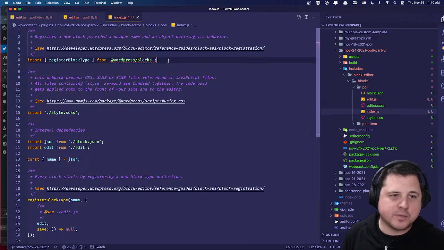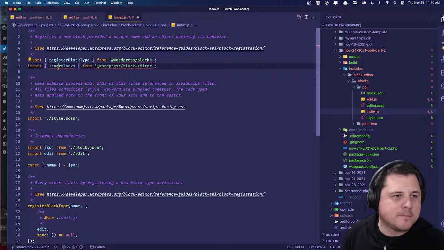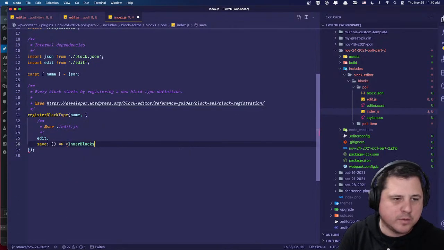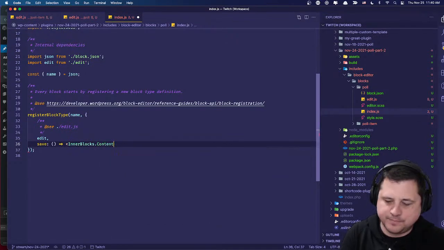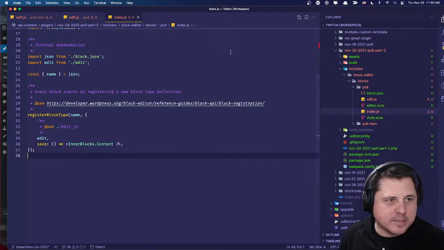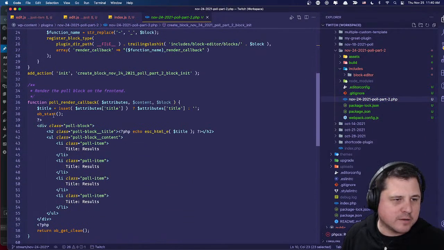So we can do that by just importing InnerBlocks from the block editor here. And then what we're going to do is instead of returning null, we're going to return InnerBlocks.Content. And then we'll see that in here, if we jump into here, where we're rendering this stuff, what I'm going to do now is I'm going to say,